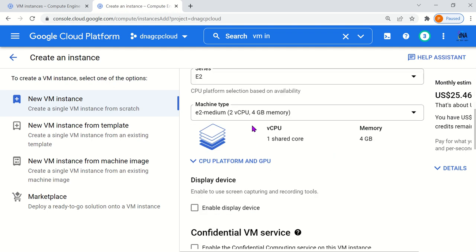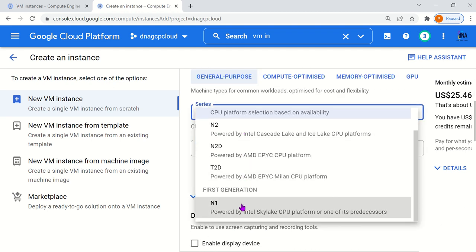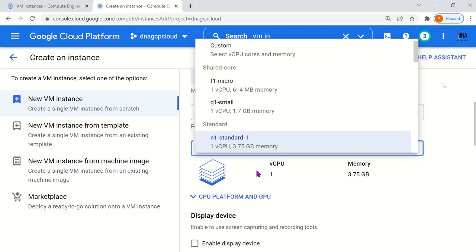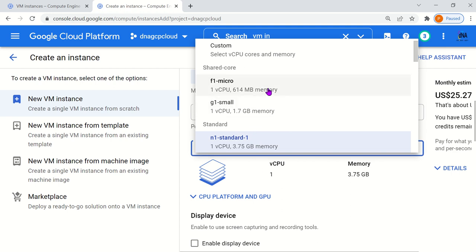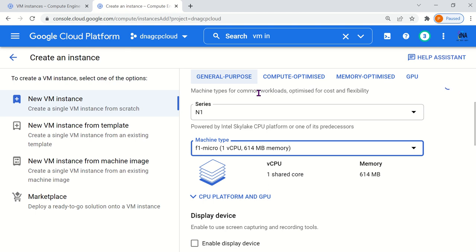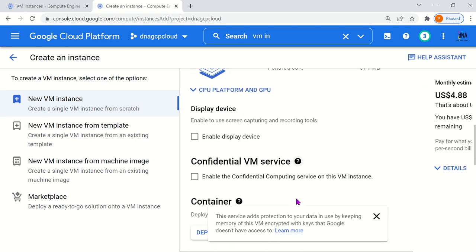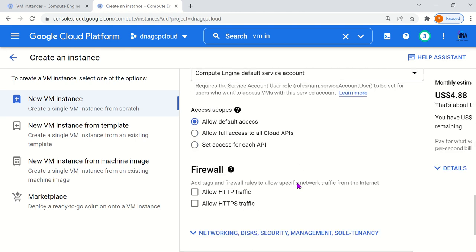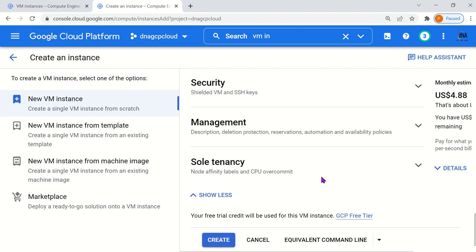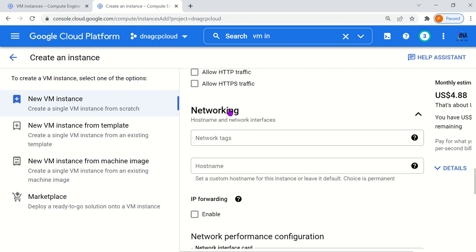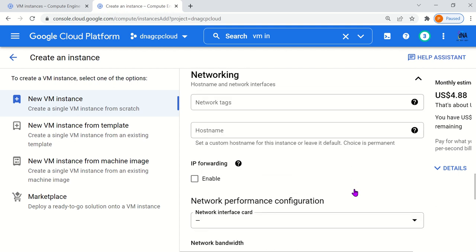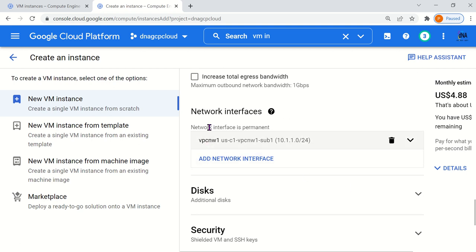Once you select the zone, for machine type, to save money, select N1 and pick the very basic minimum machine, which is 1 CPU and 614 MB RAM. Then go down and click on the networking setting. See, here you go, networking setting. Once you click on network setting, you can see that by default NIC 0 is associated with VPC network 1 and it picks up subnet 1